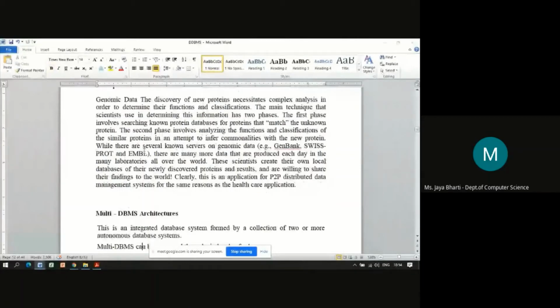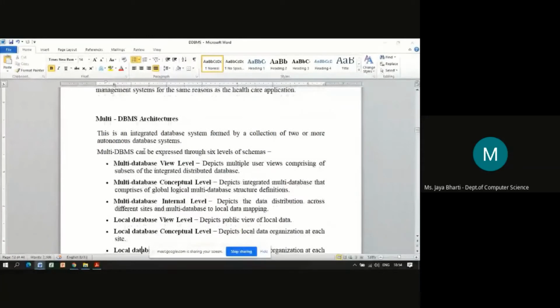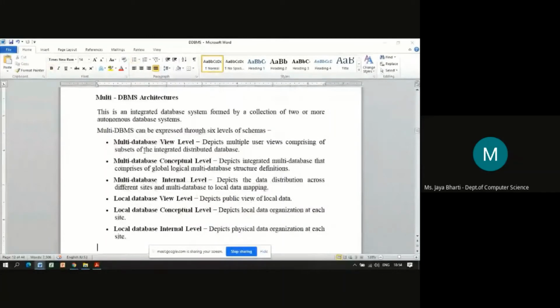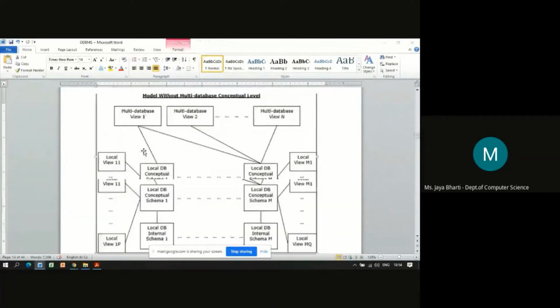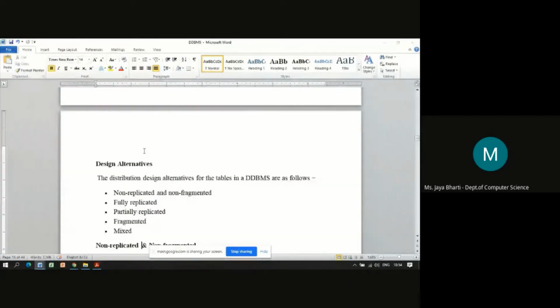Then this also we had discussed in the last lecture, the multi-database management system architecture, where the integrated database system is formed by a collection of two or more autonomous database systems. Then design alternatives, which we also discussed in the last lecture.